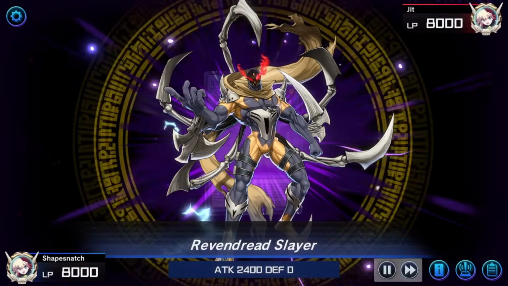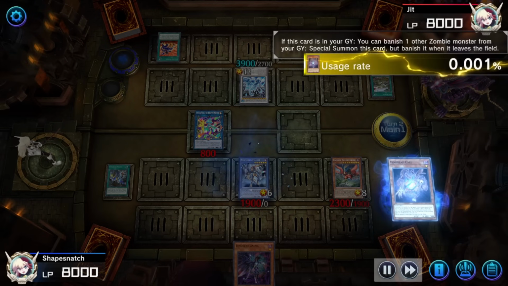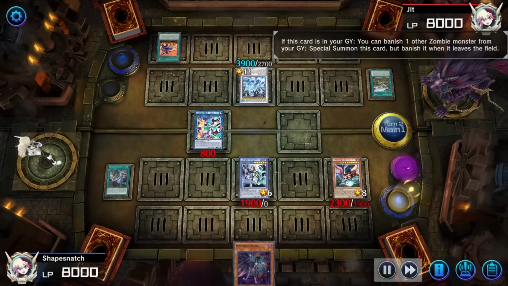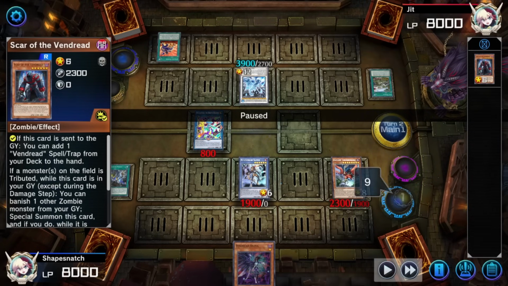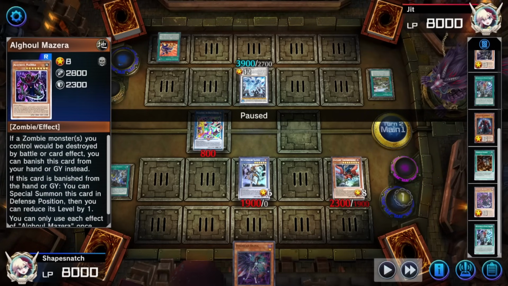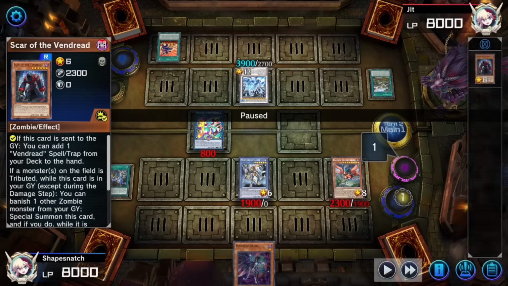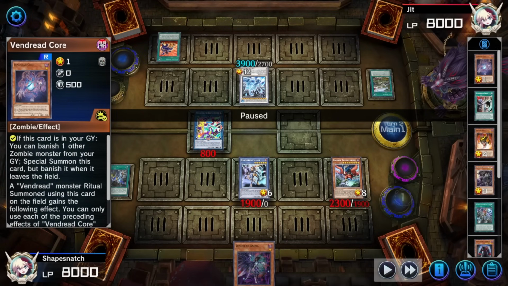So yeah, we're going to summon the Revendread Slayer, and then we're going to use Revendread Core, and I banished the wrong thing. Okay, I was supposed to banish the Mazura. That's the entire point of the Mazura. That's the whole point of this card, was that you're supposed to banish this with the Vendread Core, and then